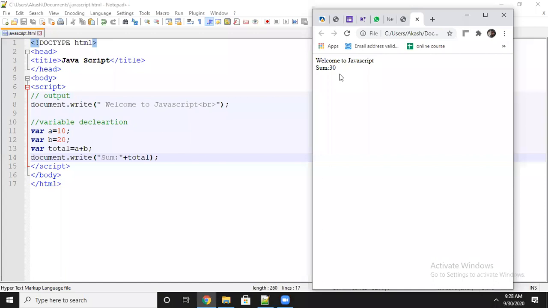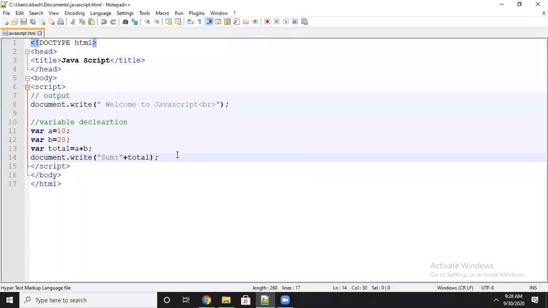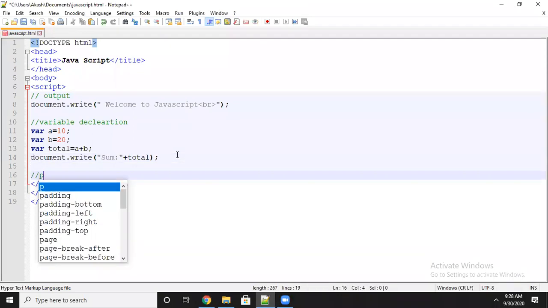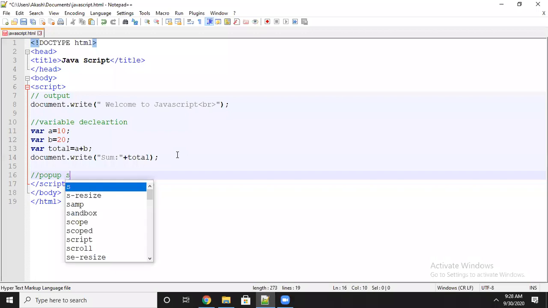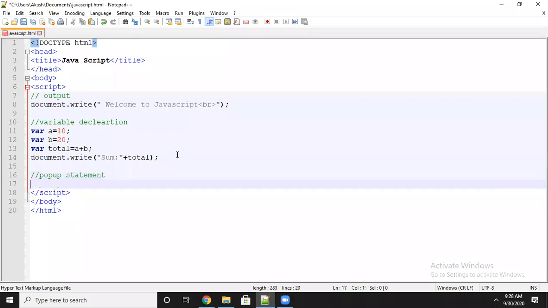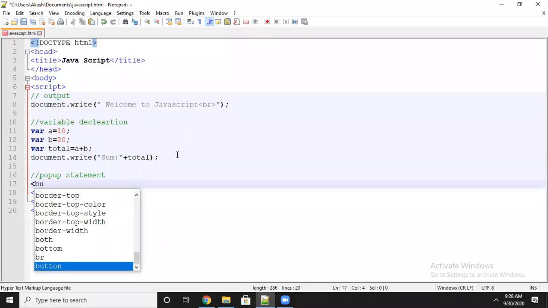Similarly, you will get pop-up statements. I will show you what the pop-up statements are and what pop-up statements come. Let's see, I am taking the pop-up statement. First, I will take one button.